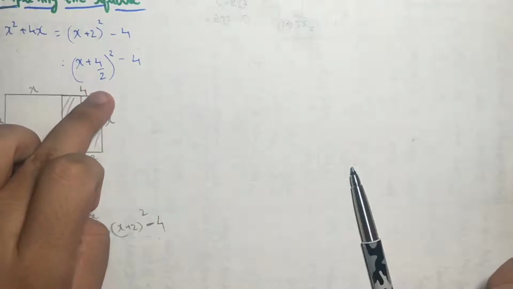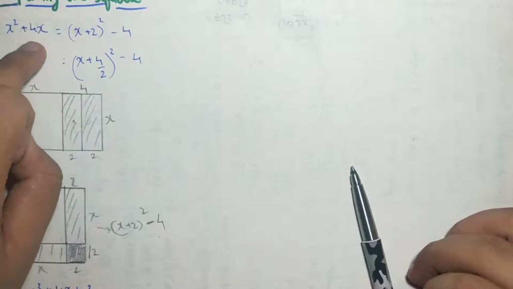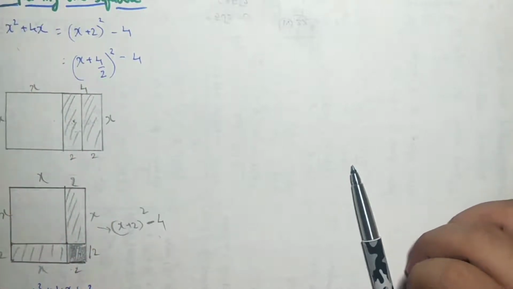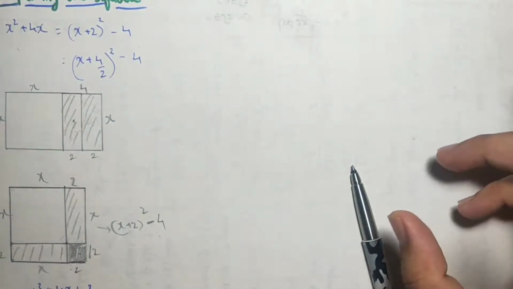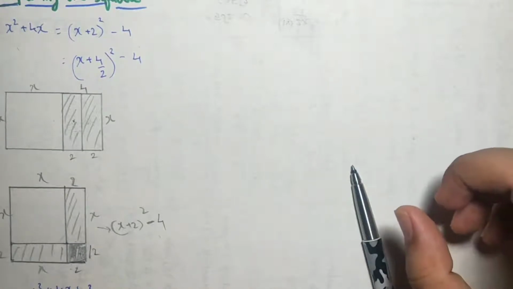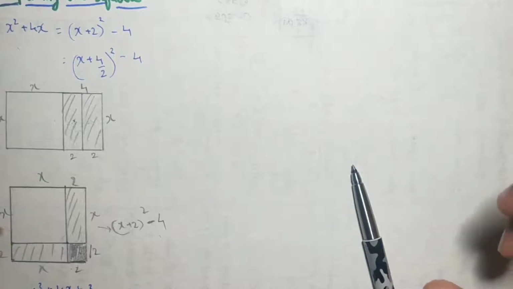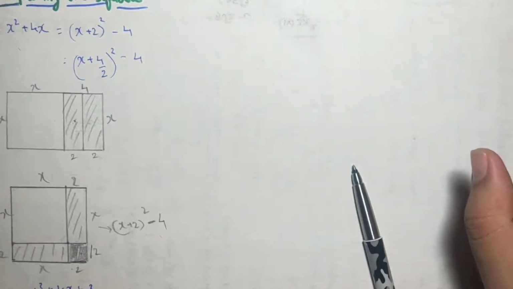For that I have written this 4 by 2 over here. Except 2, I am using the number which I already had in the question, that is 4x. So now how to solve this? I will be solving only the two solved examples of the textbook, and most probably I will be giving you the sums from the exercise as homework. There are only 3 sums regarding completing the square.